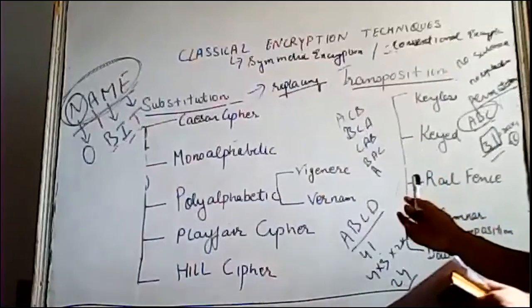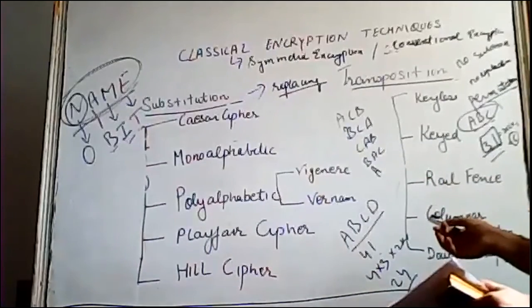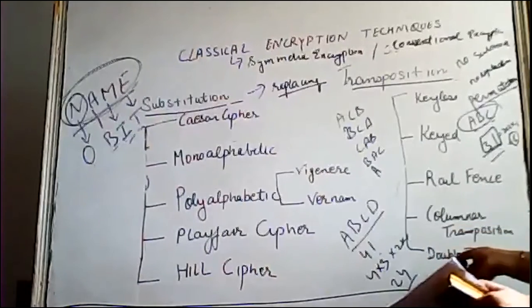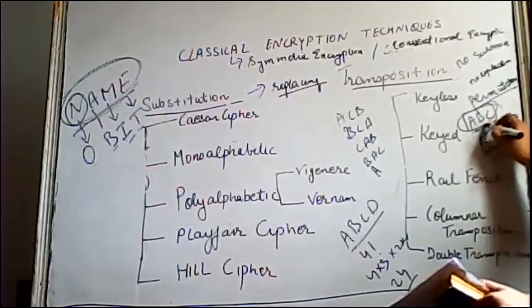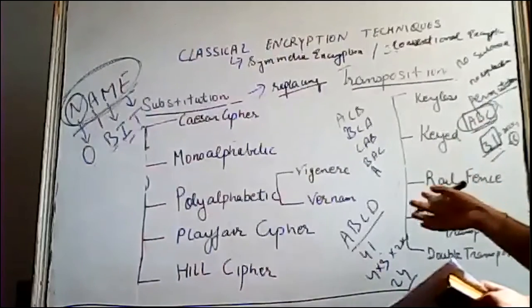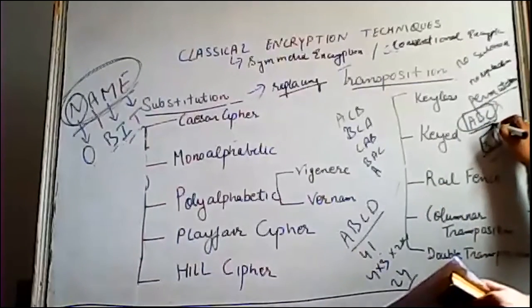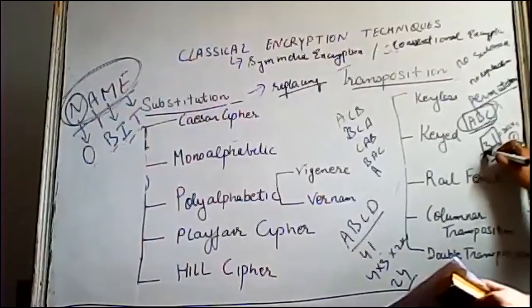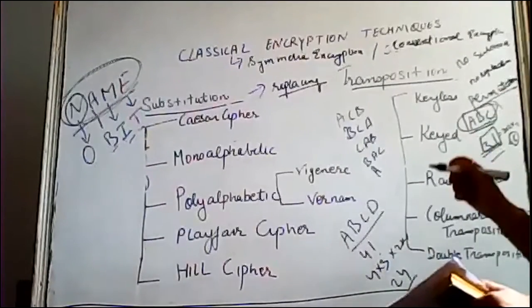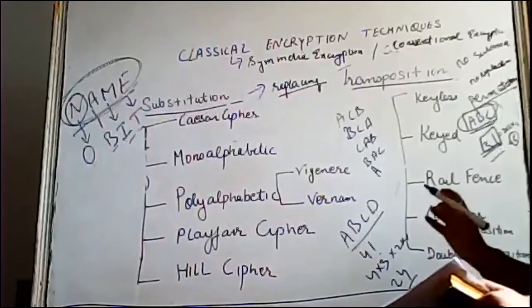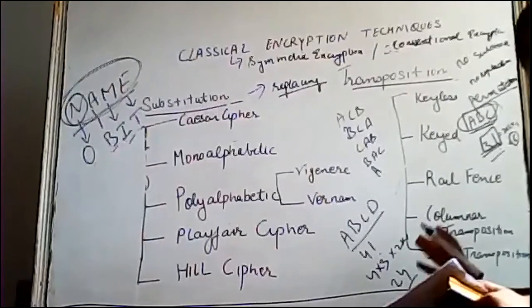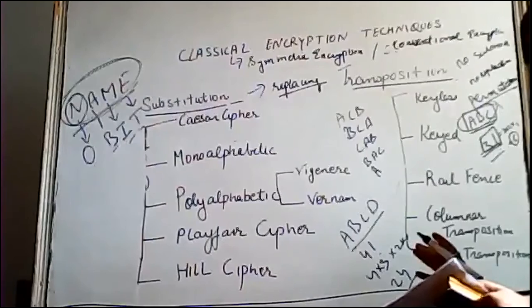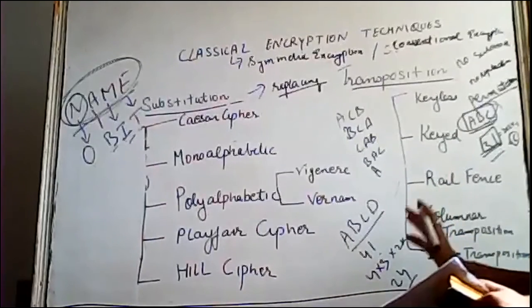In case of a transposition, we don't use any substitution or replacement. We can say that rearrangement of letters is done. How is that rearrangement possible? We take the special permutation that can be implemented on that particular text. And how can we find that particular combination? By taking the factorial of the total number of alphabets available in the text. Fine. I can see so many hands being raised, so I think you are comfortable with that and I will move on.